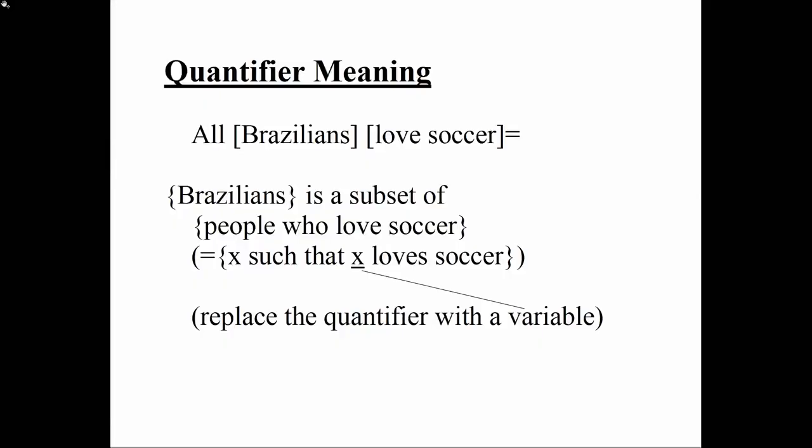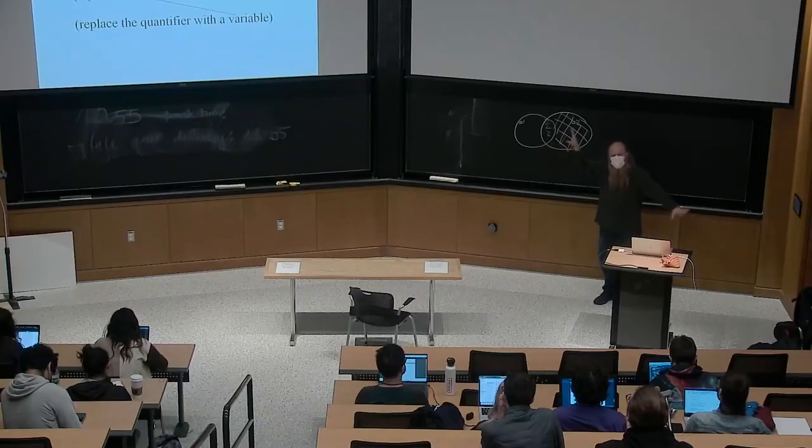And then the second set: we're taking the set of things X, such that X loves soccer. We're getting that set by replacing the quantifier, all Brazilians, with a variable. So we start off with "all Brazilians love soccer." We're going to replace "all Brazilians" with a variable, call it X. Right, so "X loves soccer." So the second set is the set of X that have this property, X loves soccer. This is just an attempt to do very slightly more formally what I've been kind of breezing through in the